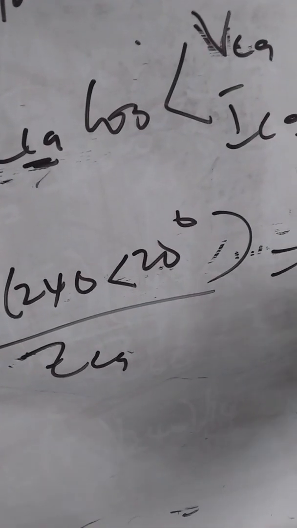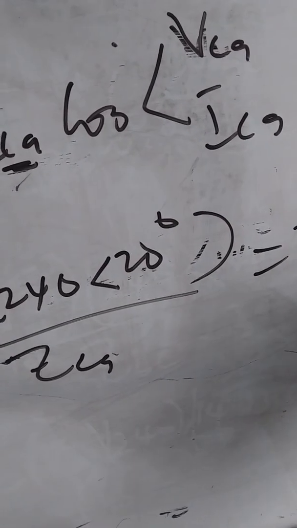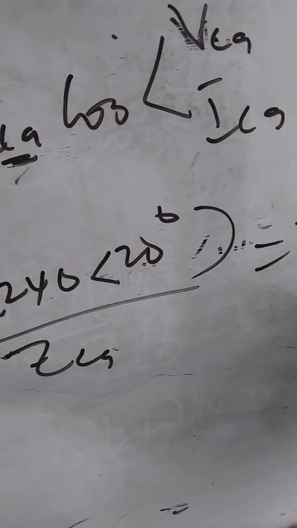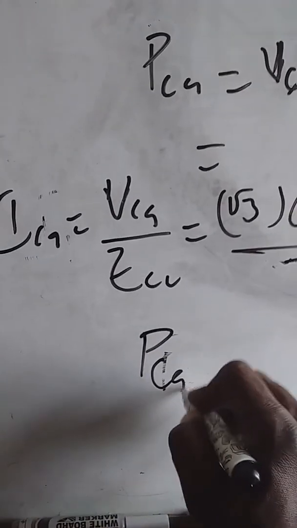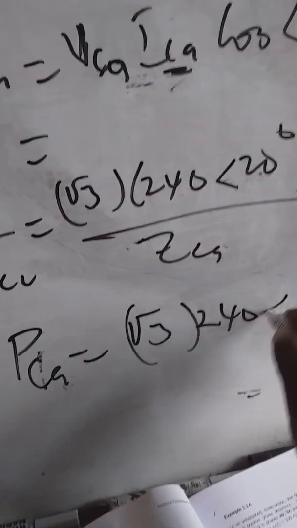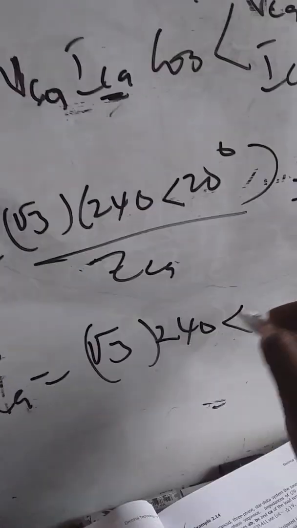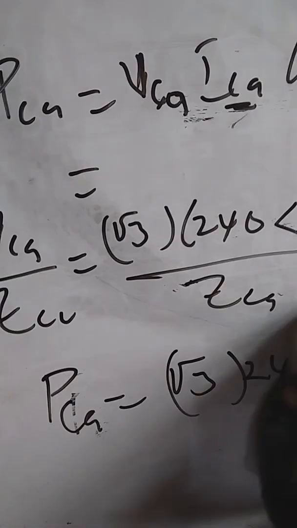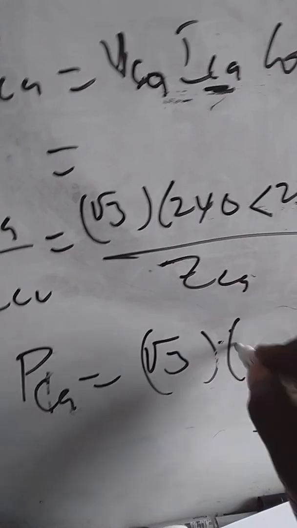23.348 at angle minus 31.84 degrees amps. So after getting your ICA, you can now get your PCA, which is VCA, which is root 3 times 240 at angle 20 degrees. Of course, we need to put the magnitude together, sorry. 240